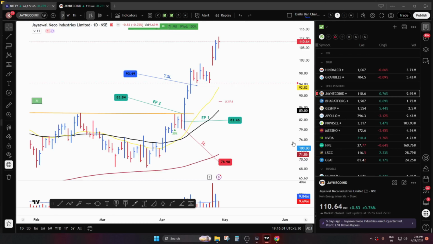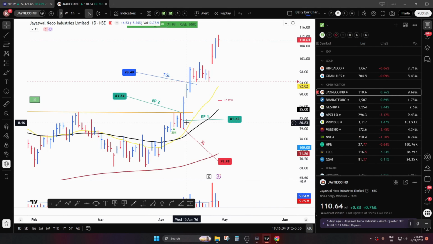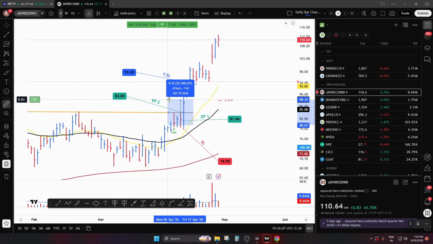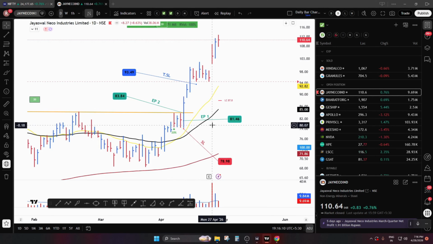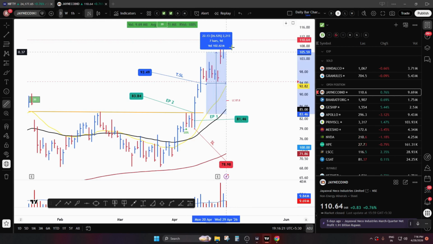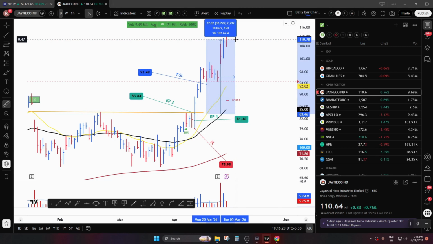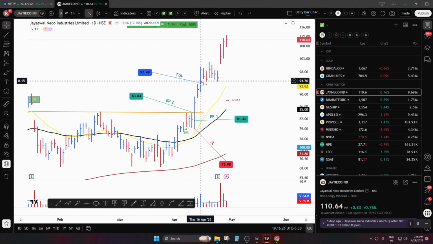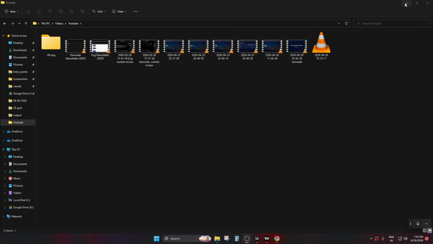The first entry is somewhere here, second entry, and same day it went more than 5-10%. So once the stock moves like 5%, 10%, that means the market is good. Then I'll start taking very aggressive positions. So this gave me more confirmation that the trades I'm doing are working out. And in fact, I'm still holding this stock. I think it's more than 20%, close to 30% now. I booked partially somewhere here, and the rest I'm still holding. So that's fine. Let me continue.